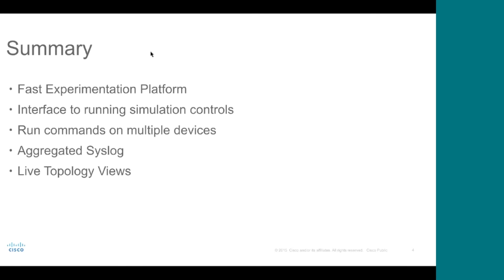So if you're wanting to collect something like the route table from maybe 5, 10, 15 devices, depending on how big your network is, it becomes a lot easier to do that with one click rather than needing to log into each device and run the same thing manually. So trying to automate some of those repetitive commands. We also have an aggregated syslog, which is similar in a way in that we're sending everything back to a central point rather than needing to repeat or set those things up multiple times. And then some of the live topology views, which is collecting the routing protocols and showing how they fit together.